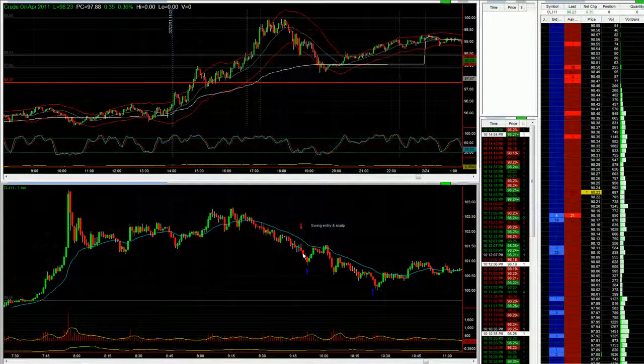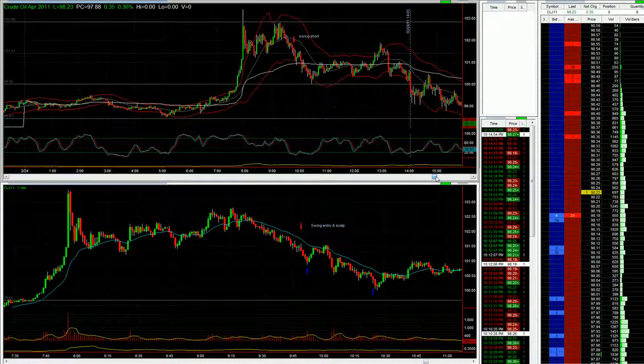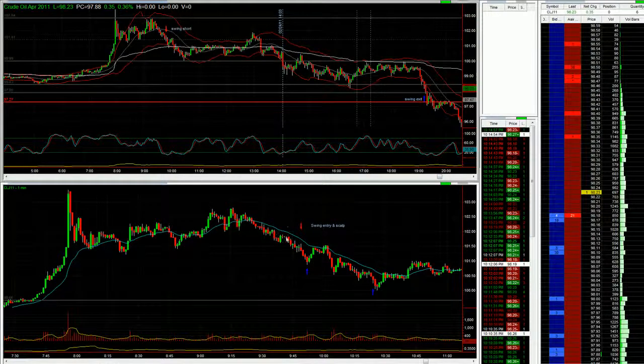Took a quick scalp out there as we approached the 101, just sat in front of the 101 on the book, tightened the stop up then, left the swing stop there, tightened the stop up here. I say swing, it's only a day trade, but I'm calling it a swing. Let's bring the 3-minute in so we can see. There it is here. Yeah, and then looked in 15 minutes later, saw it was pushing down, had an order a few ticks above the 100. In fact, no, it was 135. It was 135.